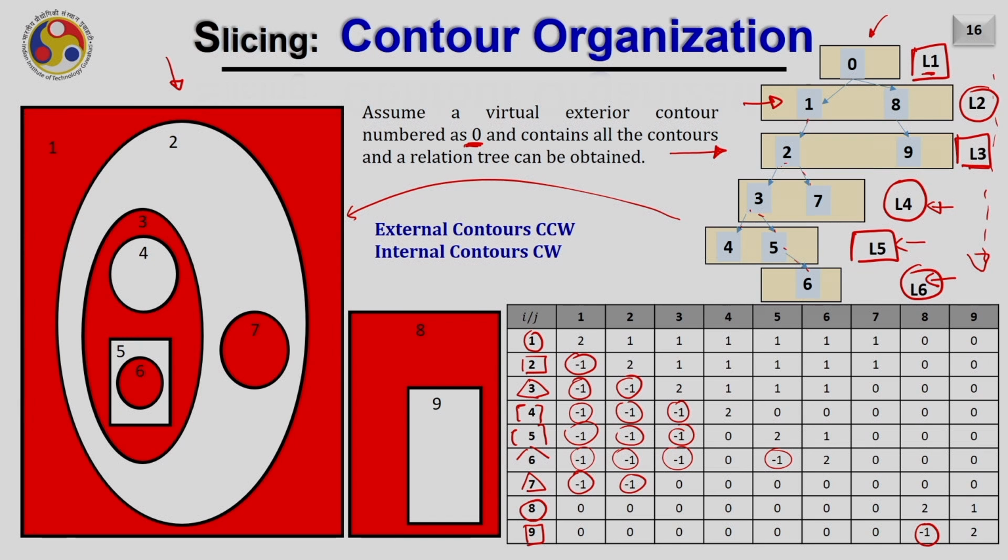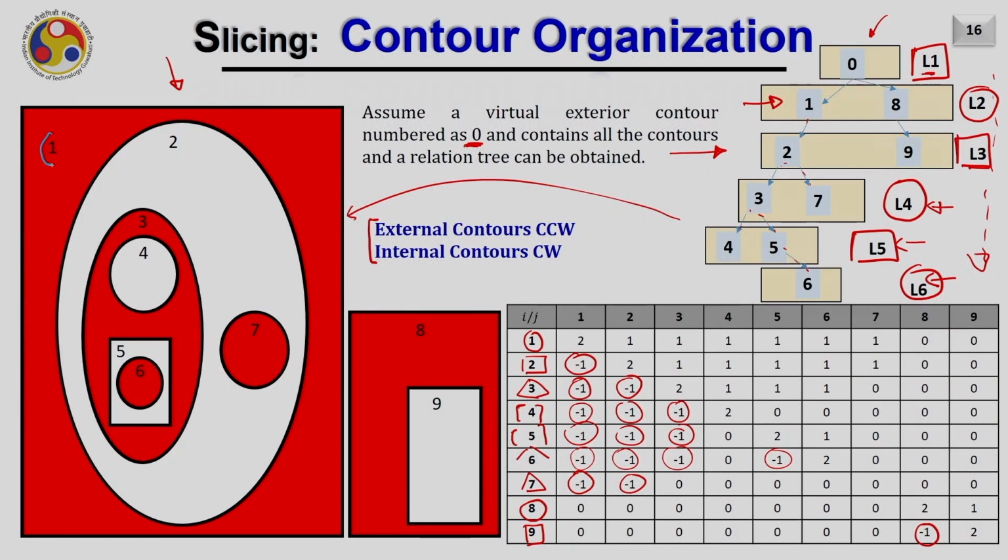Once we have identified that these contours are going to be exterior or interior contours, how do we assign these properties to the contour itself? For this, we usually prefer to sort the edges of the exterior contour in a counterclockwise manner and the edges of the internal contour in a clockwise manner. So, I mean to say, if contour number 1 is an external contour, its edges will be sorted in a counterclockwise manner. Counterclockwise manner means they will be like this.